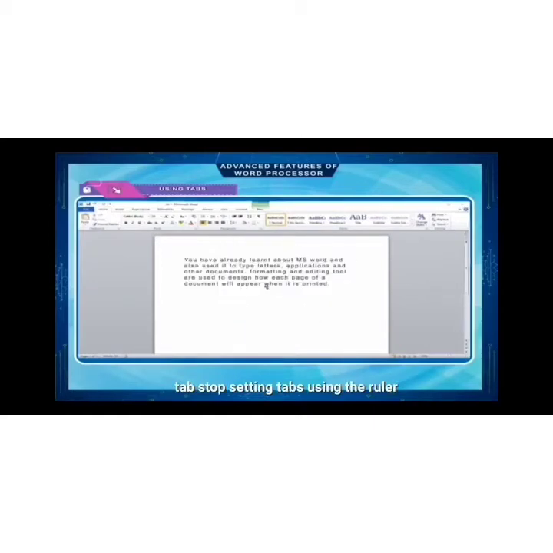Center align. Text centers on these positions as you type. Right align. Text flows to the left. Decimal align. Text aligns on the decimal point when using numbers. Bars. Insert a vertical line at the tab stop. Setting tabs using the ruler is the easiest way to set tabs. If you can't see the ruler, click on View Ruler at the top of the vertical scroll bar. Click anywhere on the ruler and you will set a tab.